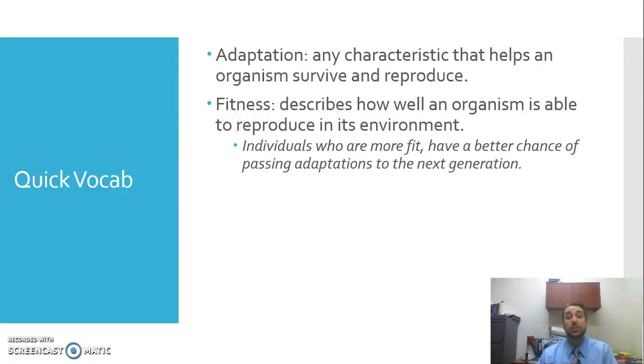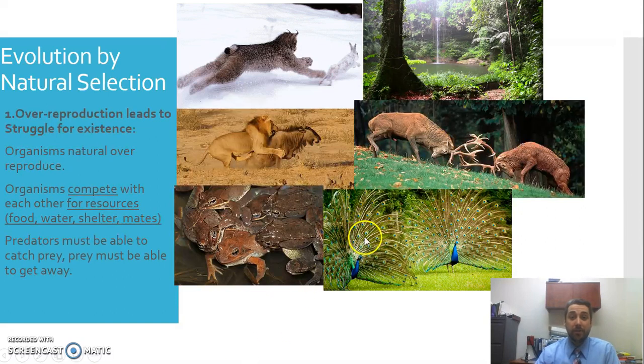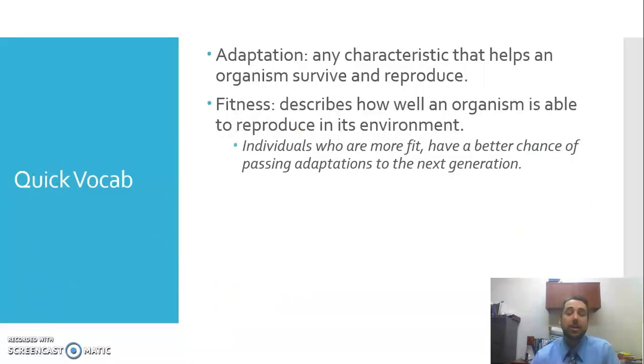An adaptation is any characteristic that helps an organism survive and reproduce. Like I said over here, right, where you have adaptations like these giant feathers that might help it reproduce, these antlers here, again, that might help you win the battle or fend off somebody trying to eat you, right, or the lion with its claws and speed and cunningness, or being able to run faster or grow a little bit taller to get to more resources. So adaptations are anything that can help you survive and reproduce.